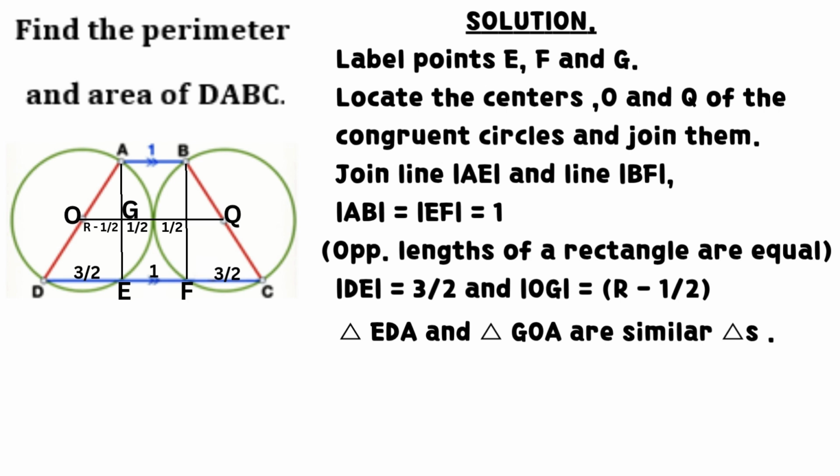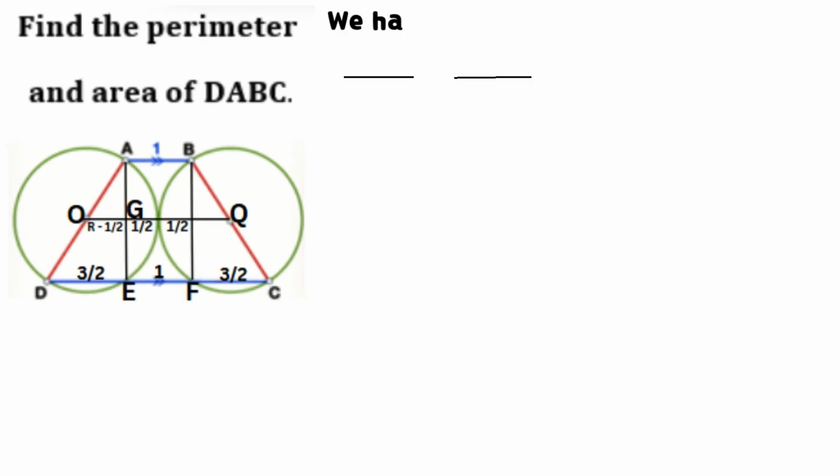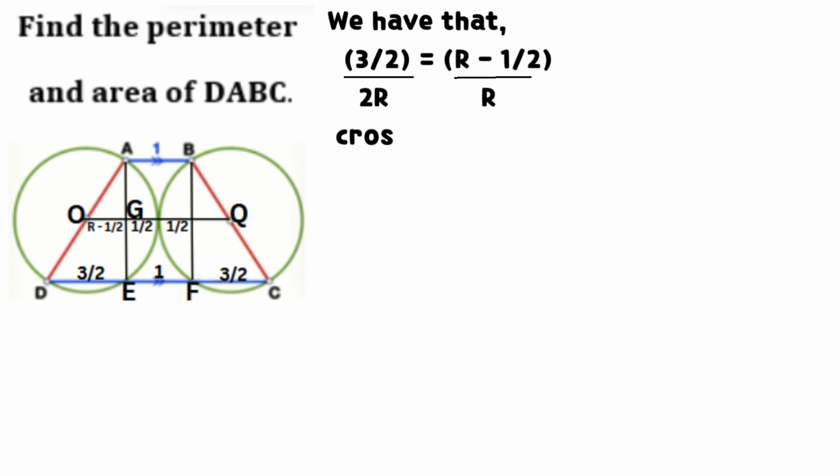Triangle EDA and triangle GOA are similar triangles. This implies that line ED divided by line DA equals line GO divided by line OA. Substitute values. We have that half of 3 divided by 2 times R equals R minus half